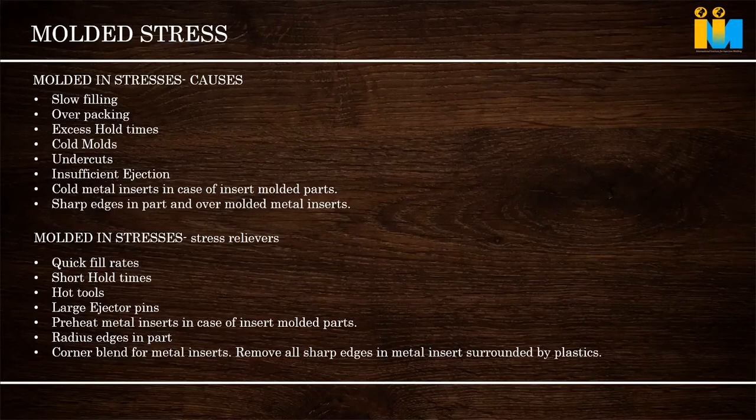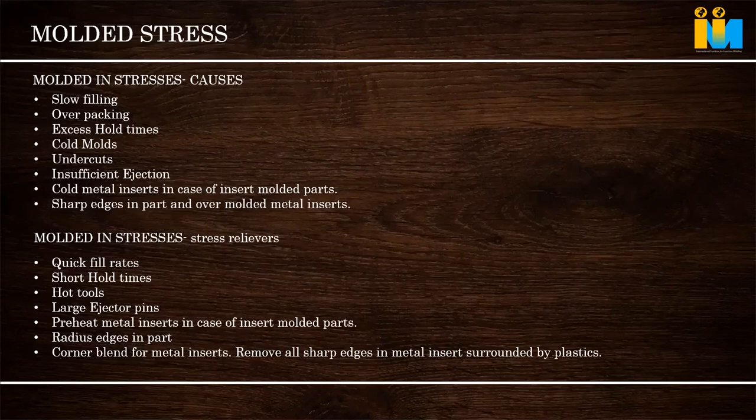And in case we are putting any insert in the molding, like over-molding, a brass insert is given for threading and so on. If the brass insert is cold when we put it in, actually we have to heat it and then put it. It is similar to mold temperature. What is the mold temperature of the material? We are putting the brass into polycarbonate. This metal has to be heated to 100 degrees, and it has to be maintained at 100, not just heated.